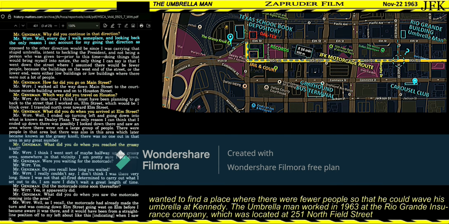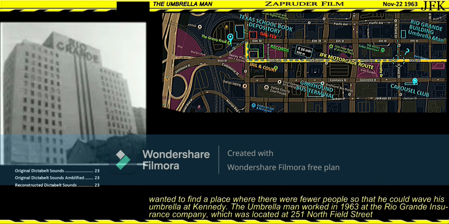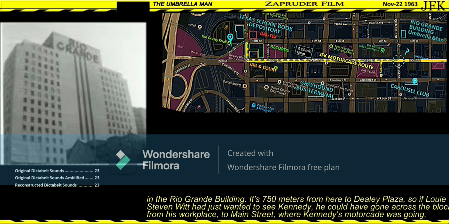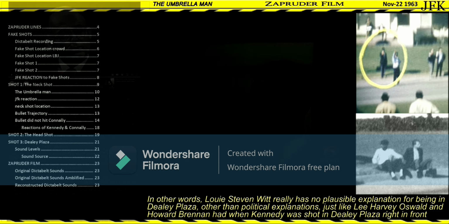The Umbrella Man worked in 1963 at the Rio Grande Insurance Company, which was located at 251 Northfield Street in the Rio Grande building. It's 750 meters from here to Dealey Plaza, so if Louis Stephen Witt had just wanted to see Kennedy, he could have gone across the block from his workplace to Main Street, where Kennedy's motorcade was going. In other words, Louis Stephen Witt really has no plausible explanation for being in Dealey Plaza, other than political explanations,